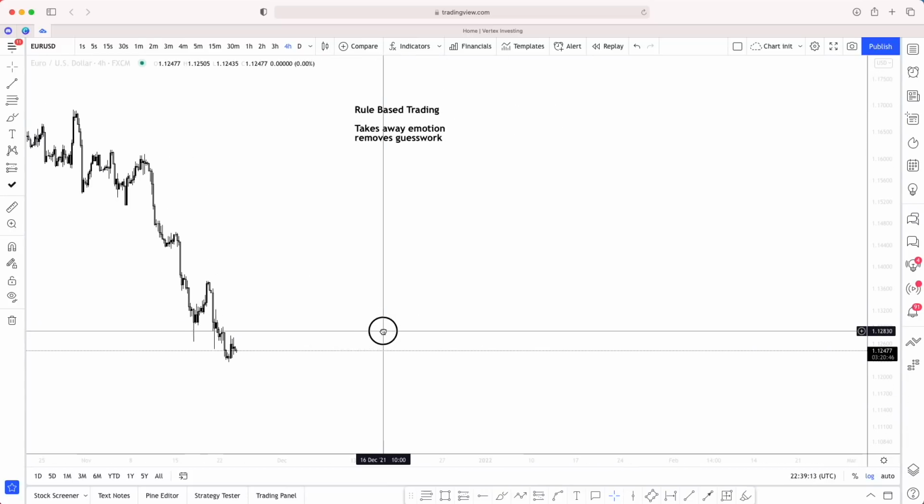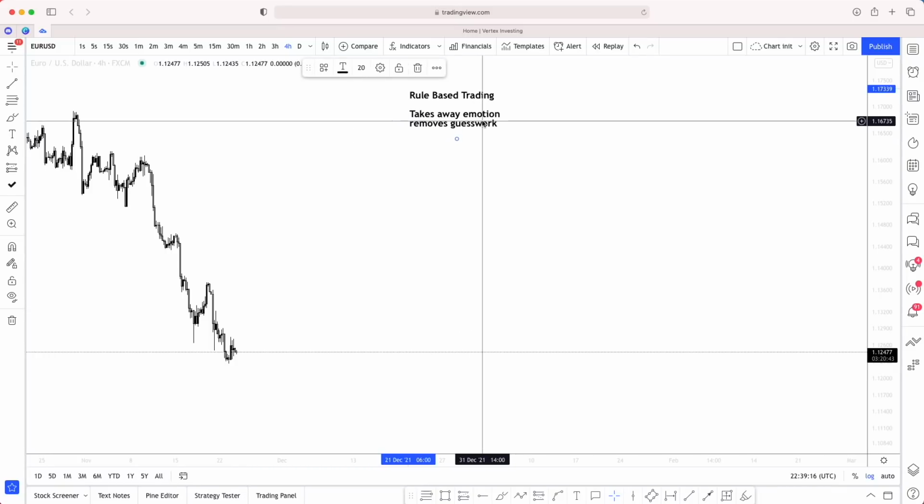Now, the reason why I want to talk about this is purely because of what I've noticed, and especially what I've seen on the Reddit page, which is people asking which POI is valid and so on. That question is so vague because there's no definitive answer as to which POI is going to work or not, because an OB is always valid unless it is mitigated or violated, right? It's going to be one of those two things. The question we should ask is which POI we should be trading from at that moment in time.